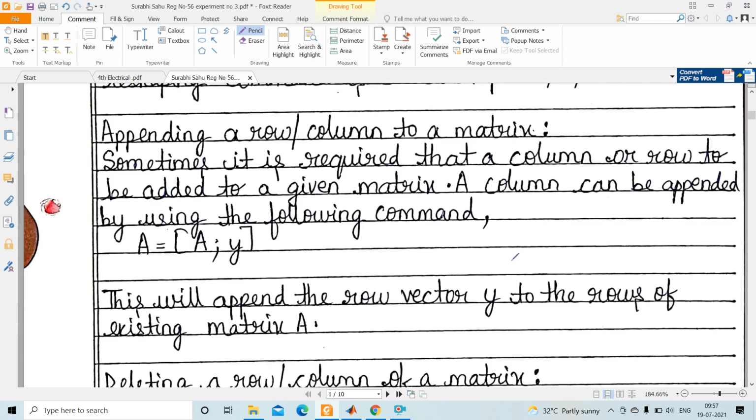Then appending. But before going to appending, I will tell you about the theory part, then we will do everything in MATLAB. So appending a row or column to a matrix.